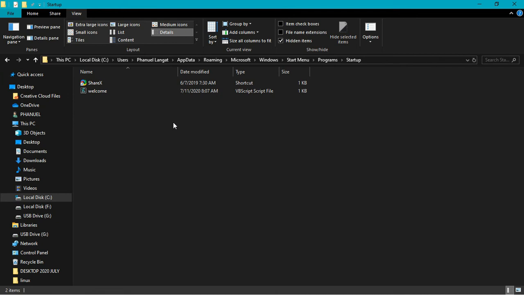So if you want to test, or you want to check if you have done it correctly, then you double click on this file and you will hear what the computer is going to say. And that is whatever you had, that is what the computer is going to say when you are signing into your PC. So let me double click it. Welcome to your PC Fanuel. So now I've done it successfully. So if now I restart my PC and sign into my account, then the PC is going to welcome me by that name, right?